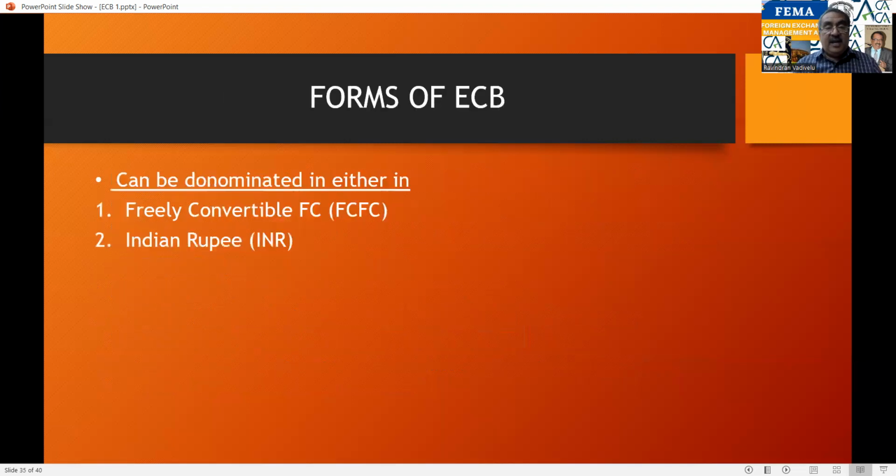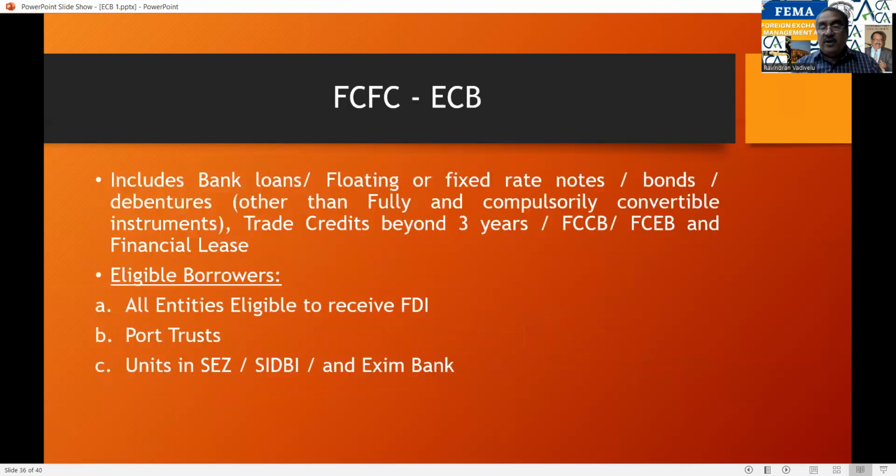400 million. So far, we have seen the automatic route and approved route. Now, what are the ways in which the ECB is dealt with? That is freely convertible foreign currency, and Indian rupee. Here we are going to discuss the FCFC, that is freely convertible foreign currency, which includes bank loans, floating or fixed rate notes, bonds, debentures, other than fully and compulsorily convertible instruments, trade credits beyond 3 years, FCCB,